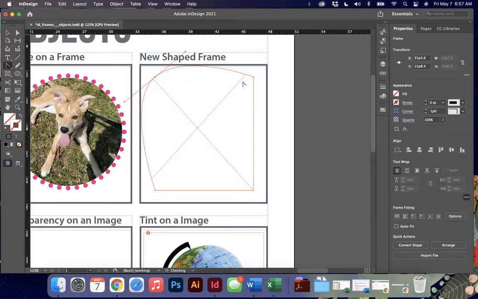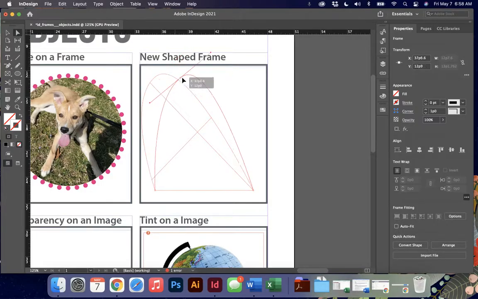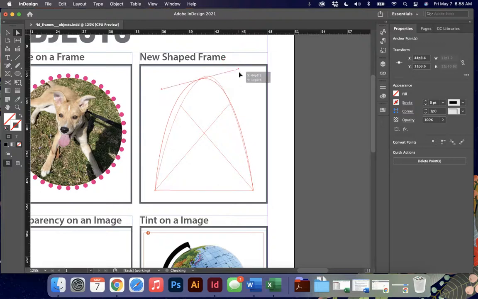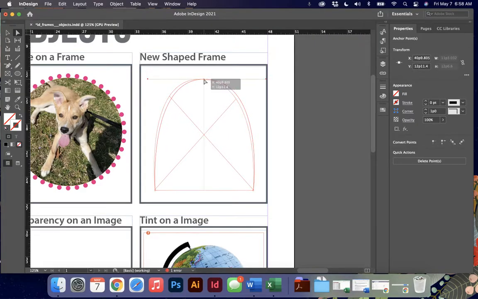So if I have, like, this square here and I actually did not want a square, maybe I wanted an arched option, I have the ability to adjust my frame here and the handles, which works exactly the same way as it did in Illustrator. The only major difference is this is not a drawing program, so we want to keep that in mind. But we still get some options here, like these guiding bars that I can use to rearrange and make sure I'm keeping my